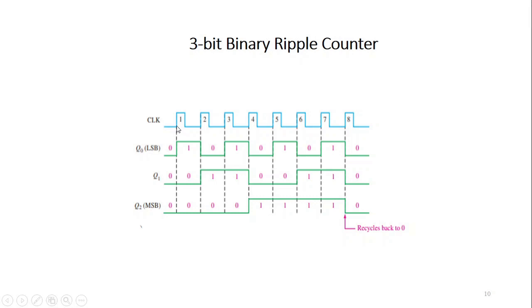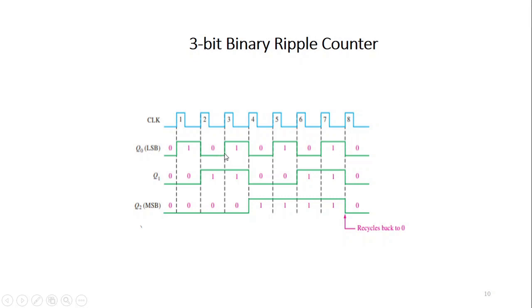When a positive edge of the clock pulse comes, only then some changes will happen in the output. So when the positive edge of the first clock pulse comes, it will affect the Q output of the first flip-flop, which is F0. In F0, presently it was 0. So when a positive clock pulse, that is a transition from 0 to 1, occurs, the flip-flop will set. And when it is set and the clock pulse comes, it will reset. That means it will toggle the state.